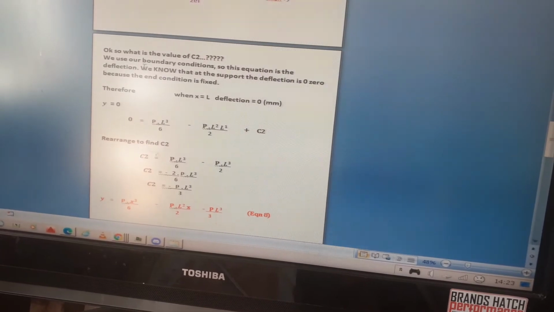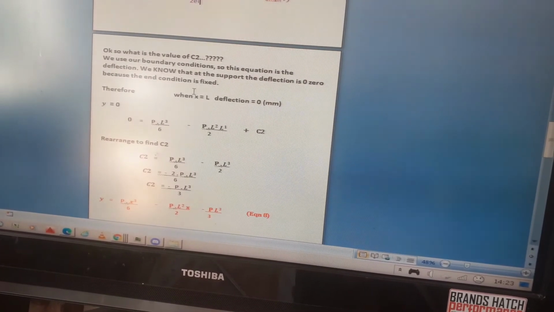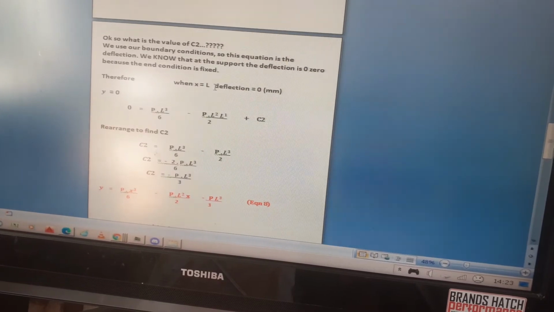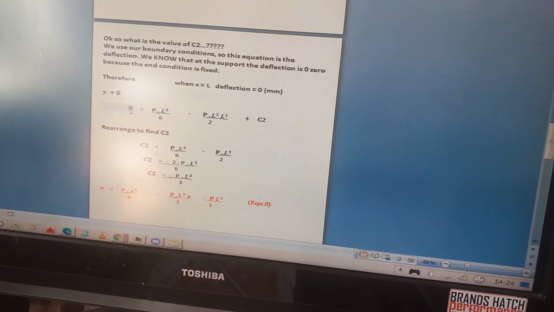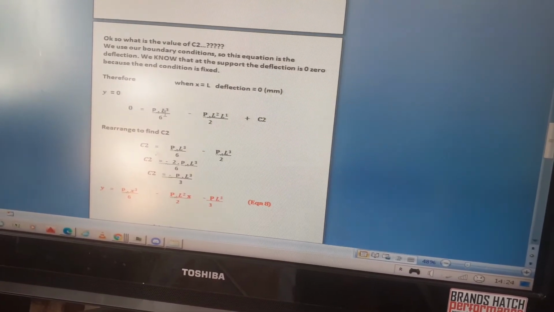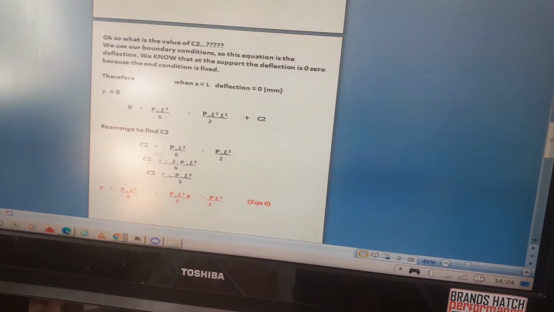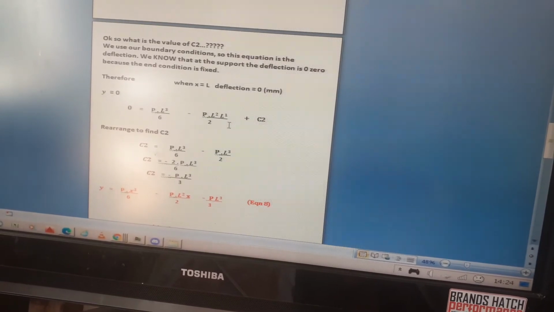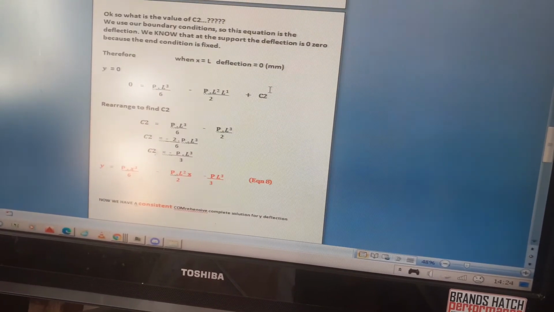So this equation is a deflection. We know that at the support the deflection is 0 because the end condition is fixed. Therefore, when x equals L, deflection y equals 0. So in equation 7, y equals 0 on the left, x equals L, so it's 0 equals PL cubed divided by 6. It would be EI, but I'm putting that in at the end, minus equation 7 again, PL squared, x is equal to L again, so it's PL squared times L divided by 2, plus C2. So if we rearrange it, then we get C2 equals